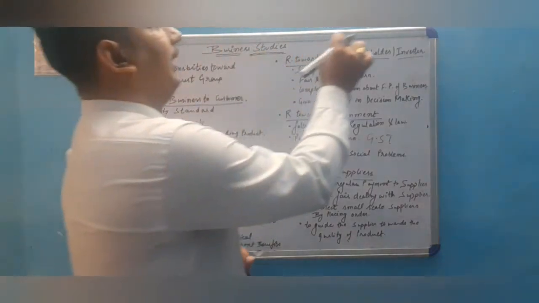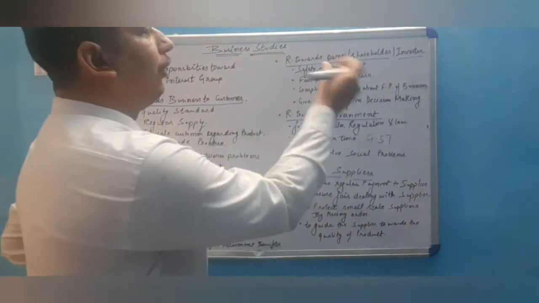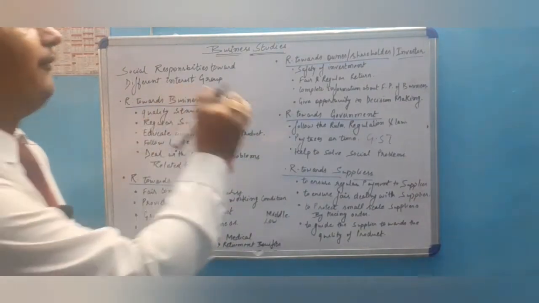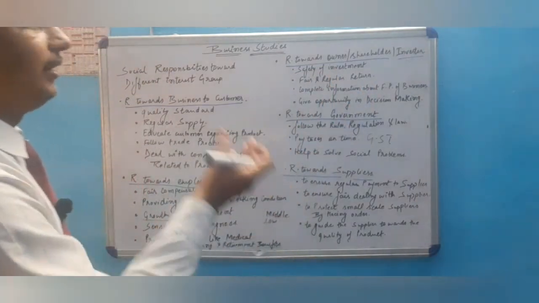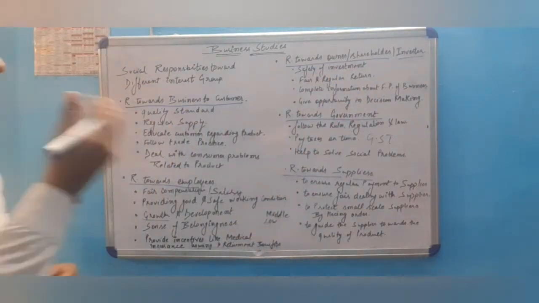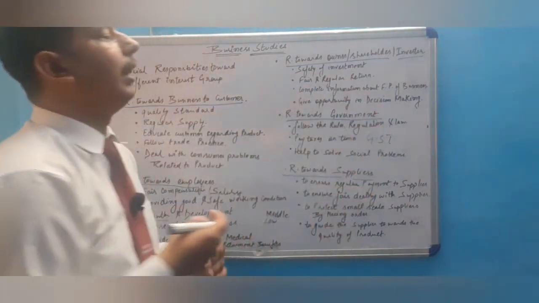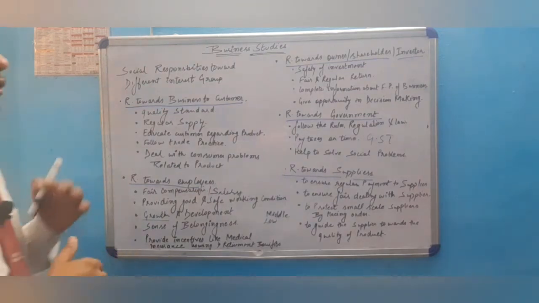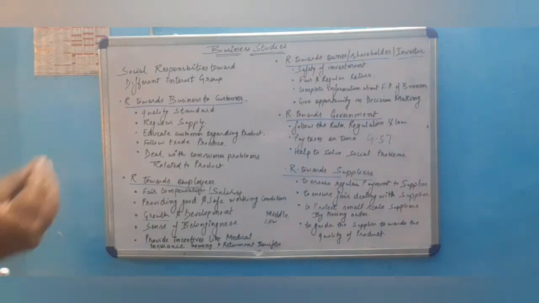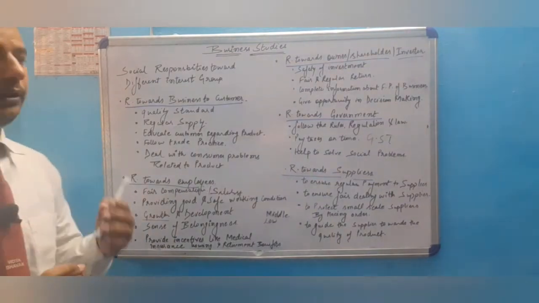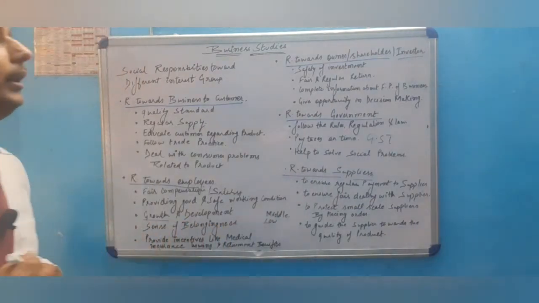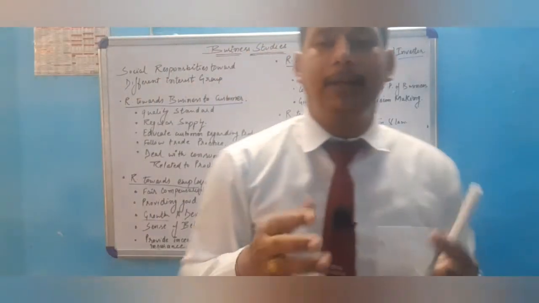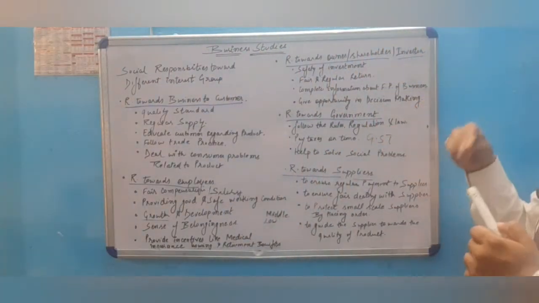Now, responsibilities towards shareholders and investors. Safety of investment. The investor should be safely invested in the business. They should get satisfied. Fair and regular return. The investor wants a fair and regular return while investing in a business. Complete information about the financial position of a business. The investor will know the financial position of a business, which will help them to increase the investment in the business. Give opportunity in decision making. The investor also wants to take part in decisions of the business in which they are investing their